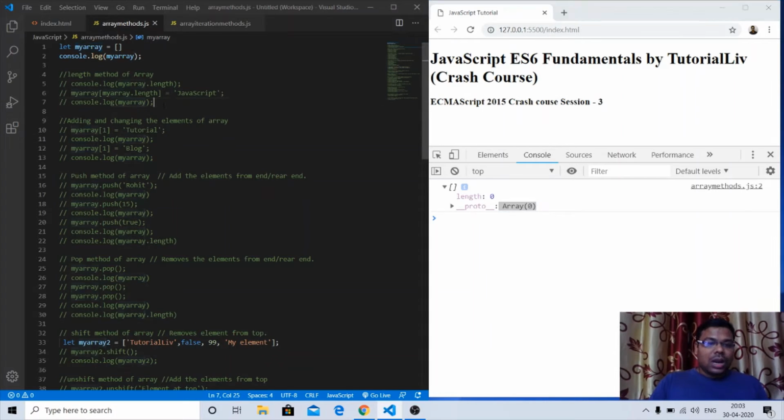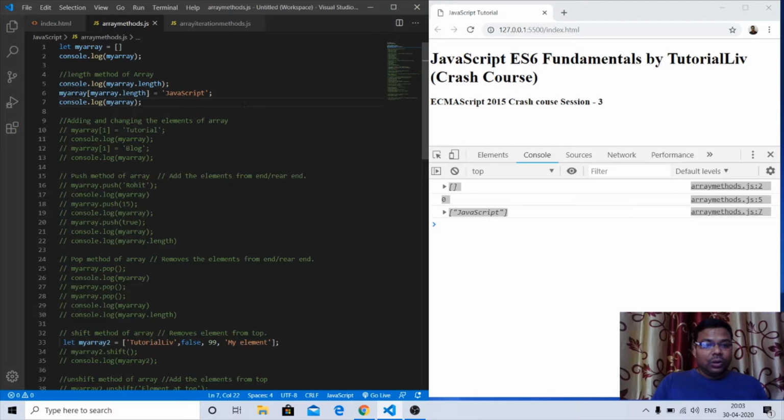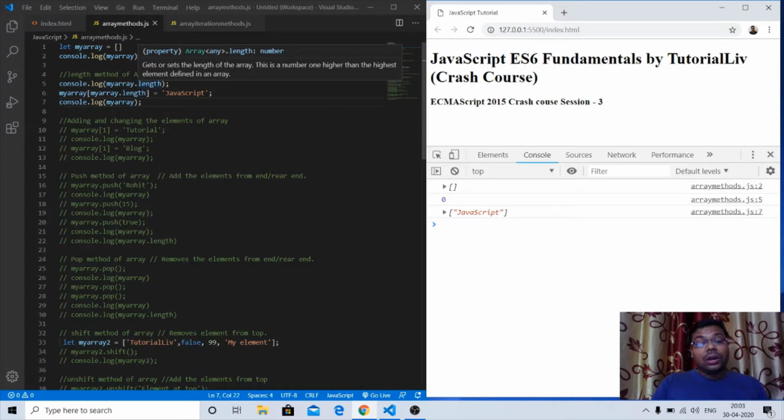Now we'll start with the first method that we have used earlier also, that is the length. Let's see what it does. If you hover over it, you can see that length is not a method. It is a getter and setter kind of property that returns the highest index plus 1, which equals the number of elements in the array, because the index of an array starts from 0.